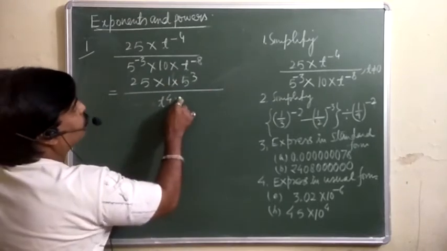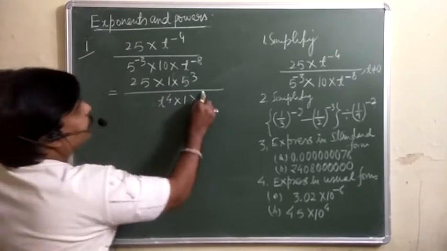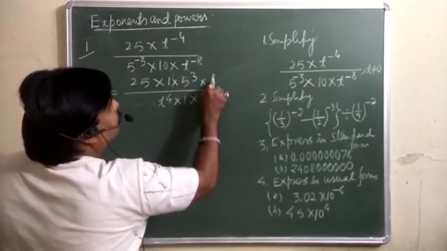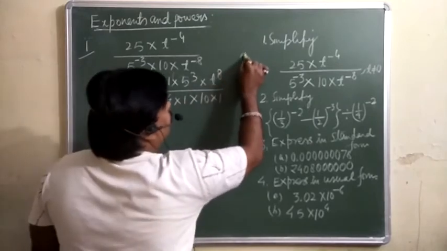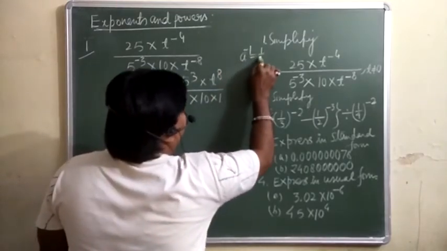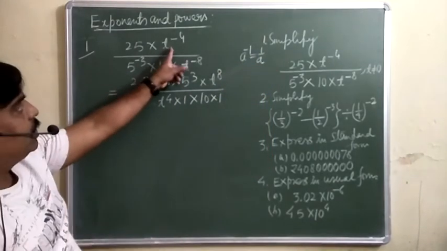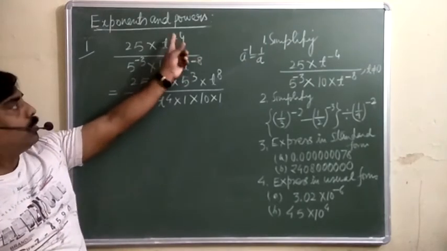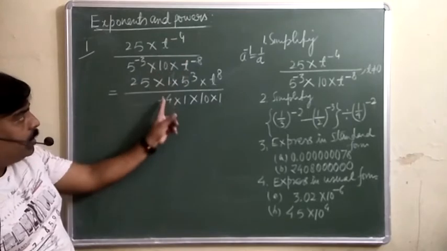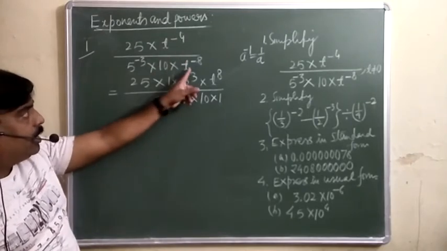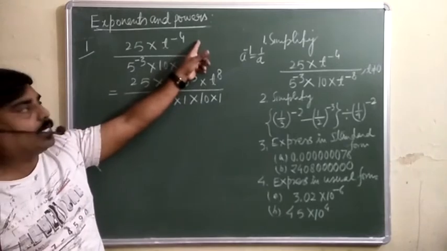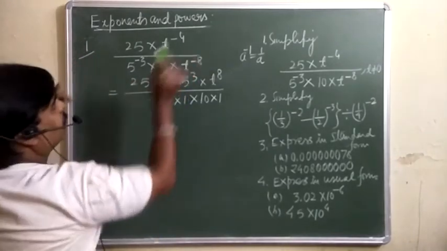चलिए यहां लिखते हैं इनटू 1 इनटू 10 will remain as it is and this is t raised to power minus 8, again 1 into t raised to power 8. देखिए a minus 1 बराबर होता है 1 over a. तो इसको you will break. तो this is 1 over t raised to power 4, t raised to power 4 will come in the denominator. इसको लिखेंगे 1 over t raised to power 8, तो this will go in the numerator.